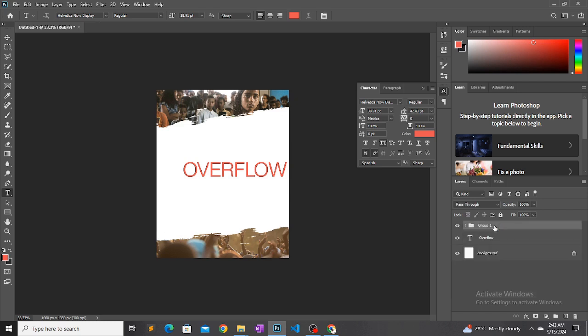That's the layer of the brush. You select the brush, select the two pictures, you group, call it brush layer. Good. Then overflow,